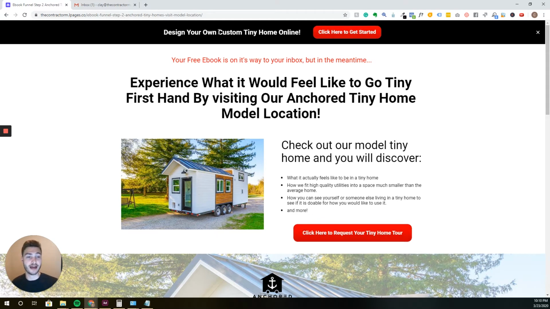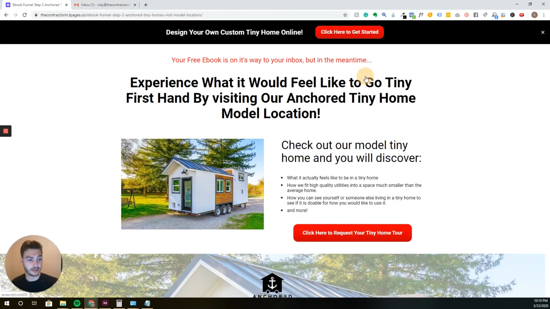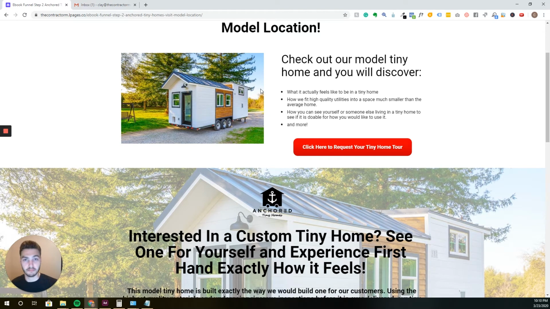But they have a way to design the tiny home online with a website that I actually built for them. And you can click there to go to that and select your model and design it. We also have a pop-up for the ebook because we also will be running traffic to just this page or a variant of it. And then you have a headline and an offer for them to basically meet with this